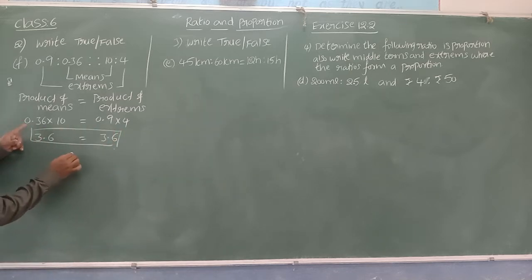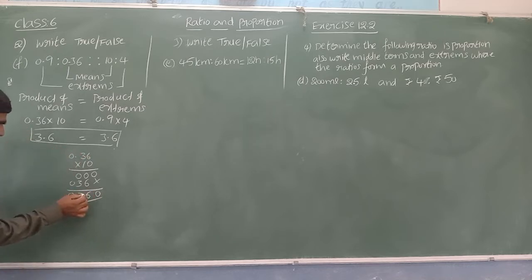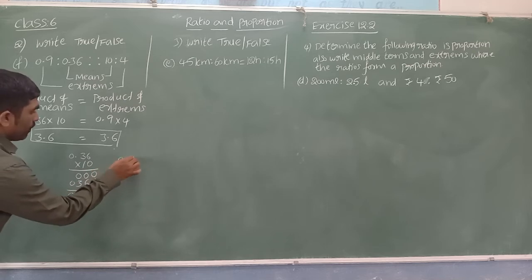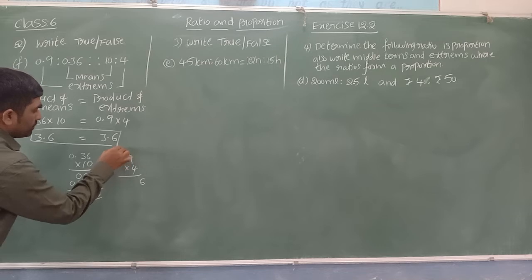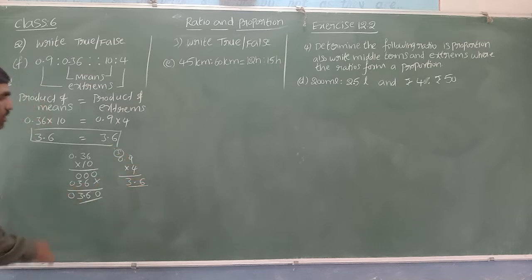You can see, if you want, multiply 0.36 into 10: 0, 0, 0, 1 six is 6, 1 three is 3, 1 zero. So 0 6 3. Here we have 2 digits before the decimal point, so from the back, 2 digits before the decimal point, we read it as 3.6. Even this we can multiply: 0.9 into 4. 4 nines are 36, 6, 3 carry. 4 zeros plus 3, 3 only. One digit before the point: 3.6.